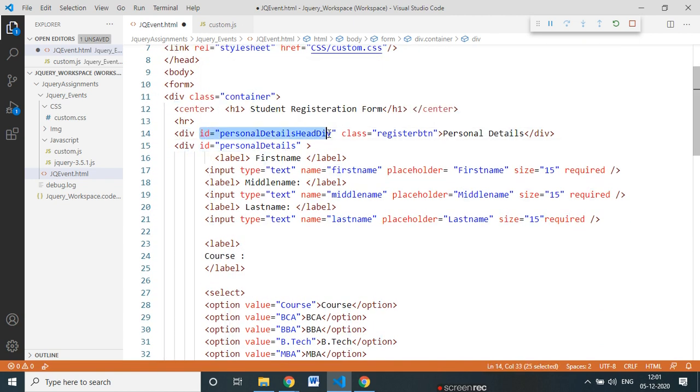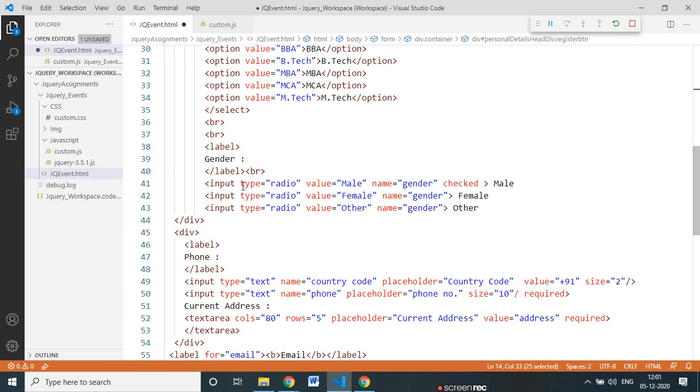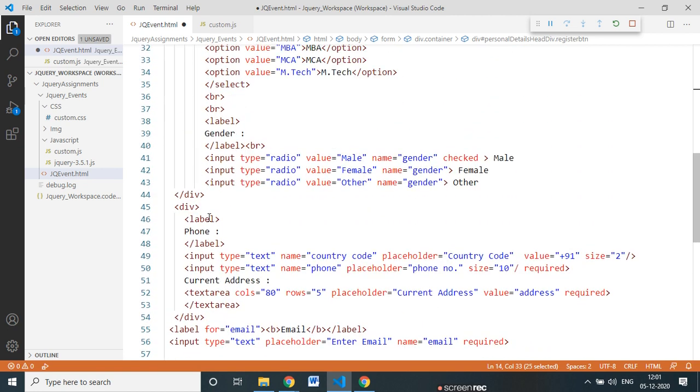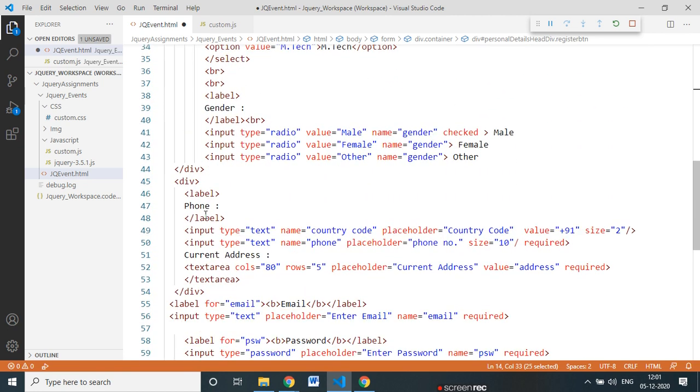Here I have given the personal details ID. Here I will give ID, contact details. Again, this is the contact details section.